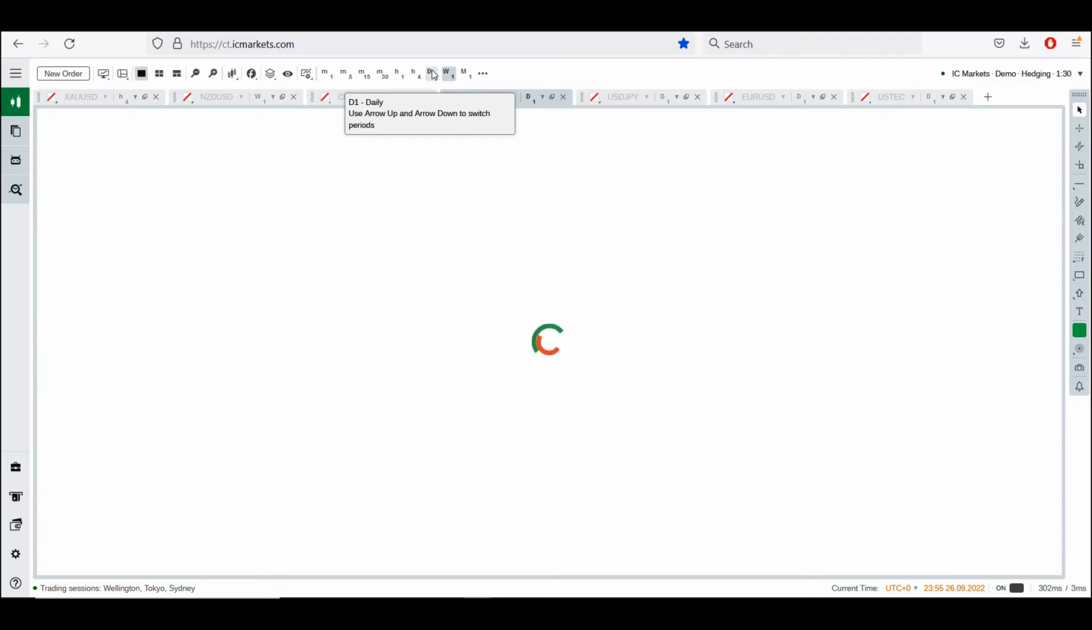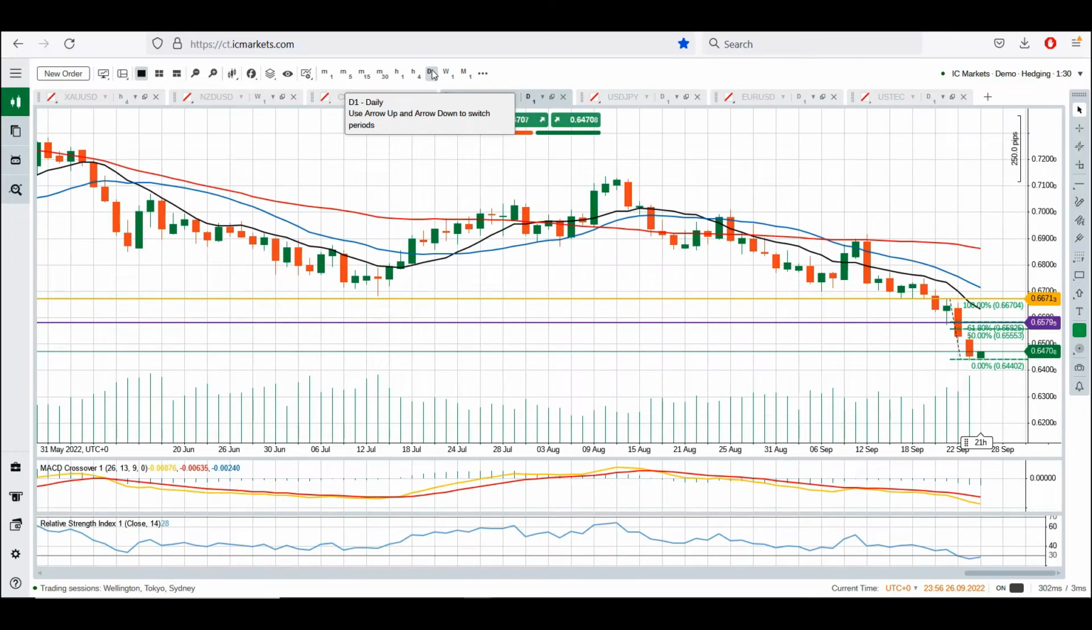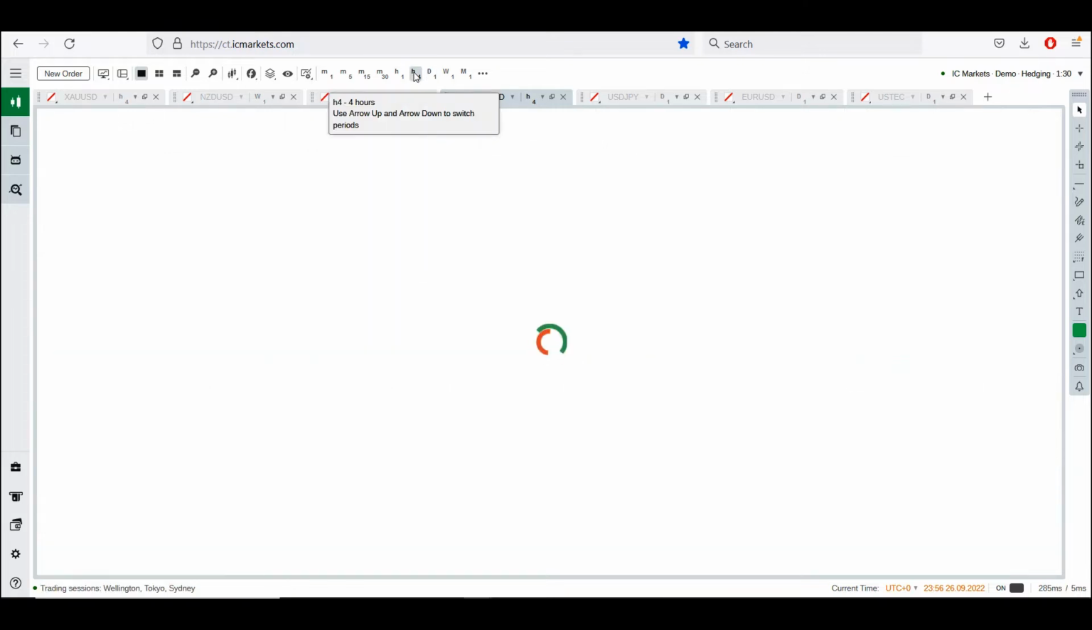But if we'll get a shallow pullback, because the Aussie and the Kiwi that we'll have a look at later have been very, very weak. So here is the first level that I've marked on this area. It's in and around the 65.80, and if we'll go into the 4 hours, we can see that move